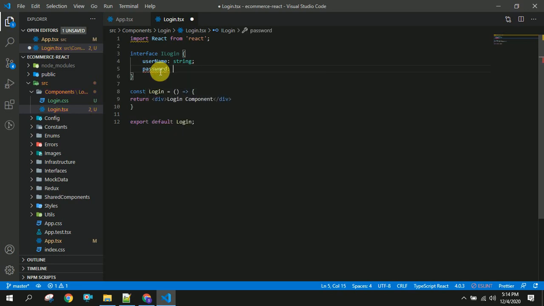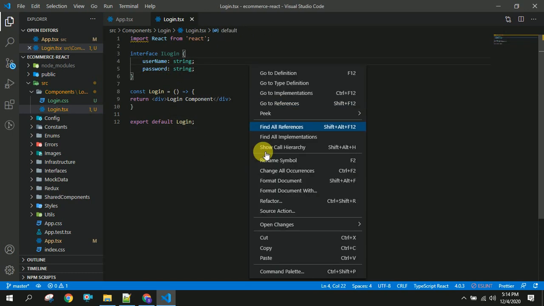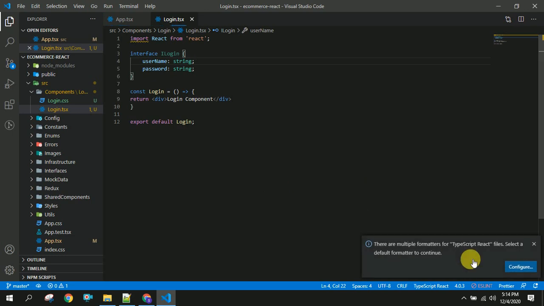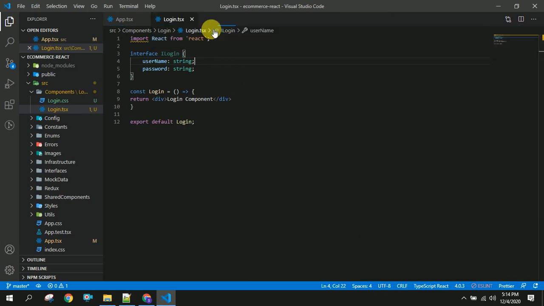So password is also a string. I think there is some issue with the formatter.